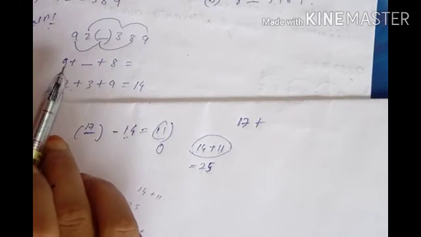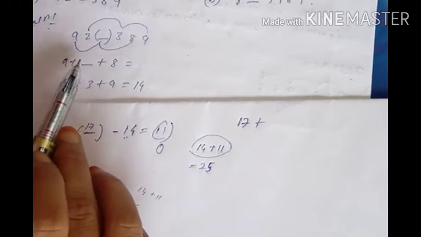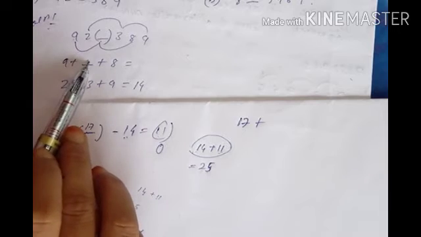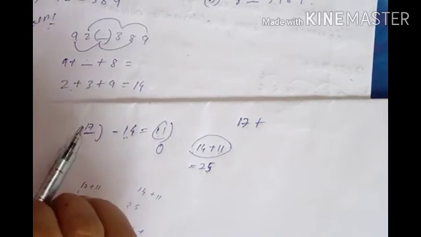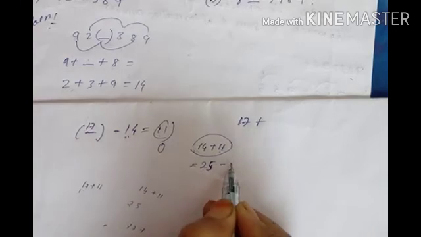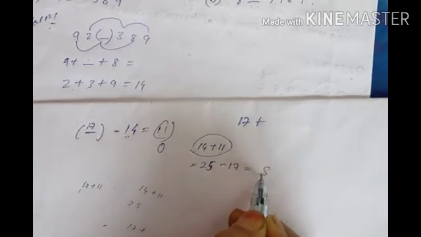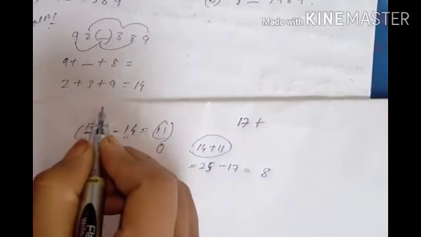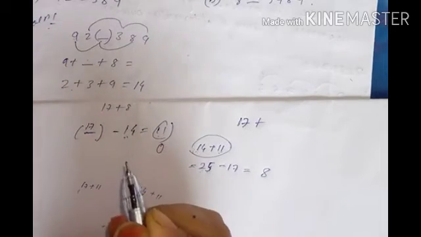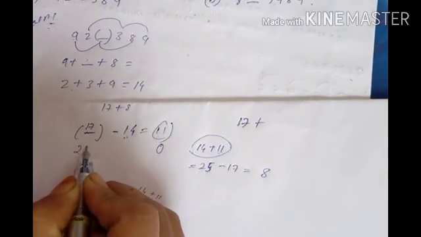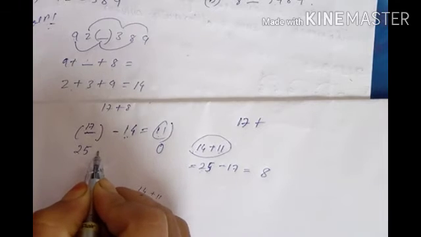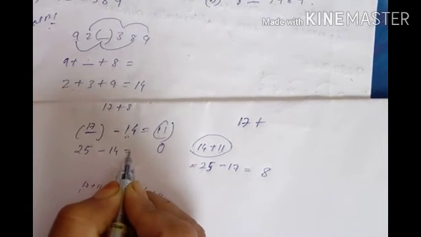So what number did you get here? Excluding this, okay, you have excluded here, isn't it? So excluding this, the number you got here is 17. Now from 25 you will do minus 17. So what is the value? 8. Now with 17, 17 plus 8 is how much? 25. Now if you do 25 minus 14, you will get 11.